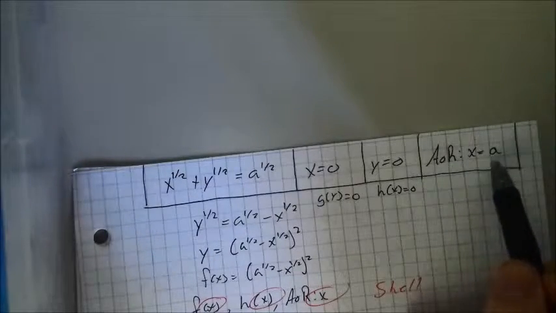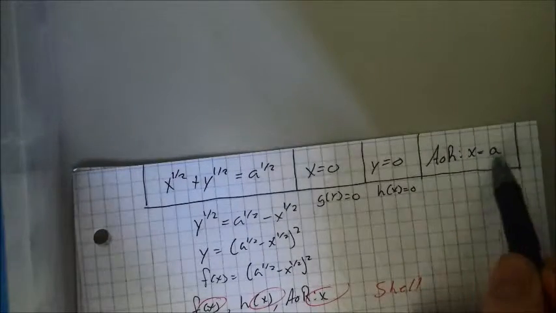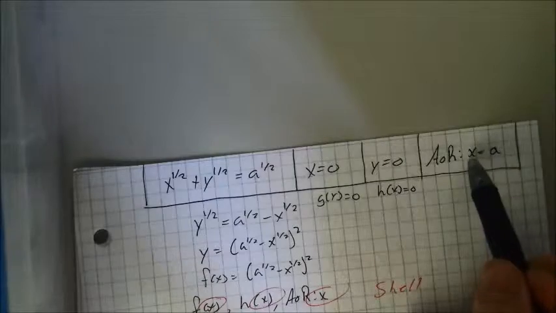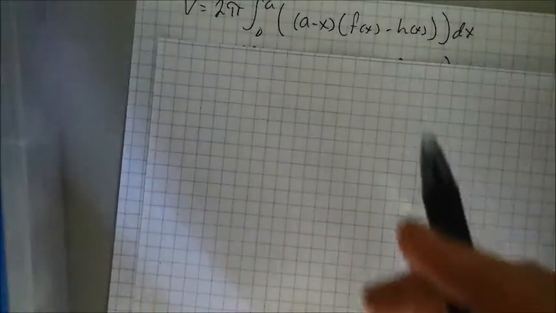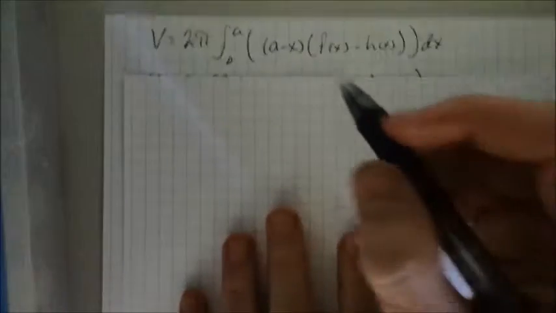And then if we look back, I'll flip over. The whole reason I paused the video is so I didn't have to flip over. But if we flip back, we look at our axis of rotation, which is x equals a. So we're rotating around this vertical line where x is equal to some a value. And if we flip back over, we can see that because a is not 0, I defined a as positive,